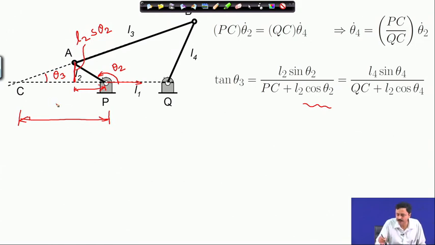So, I will actually have this distance, and you know that this L2 sin theta 2 divided by this distance is the tangent of theta 3. So, this distance is P c plus L2 cosine theta 2. I have written c theta 2 in place of cos theta 2,